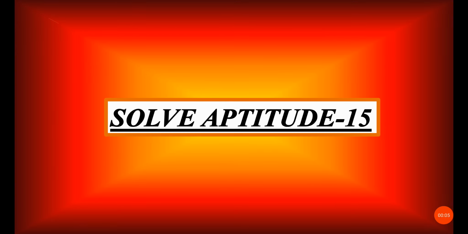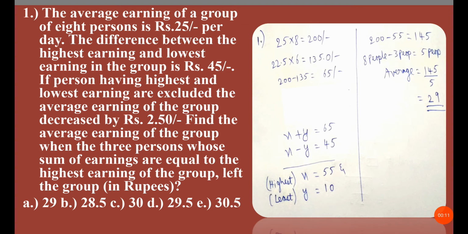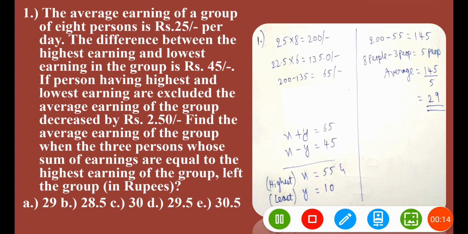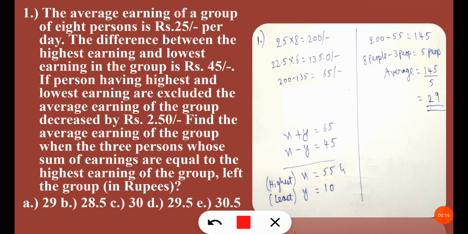In this video, we are going to discuss some advanced mathematics aptitude problems and solutions related to the banking examination. Let's get started. The first question is: the average earning of a group of 8 persons is 25 rupees per